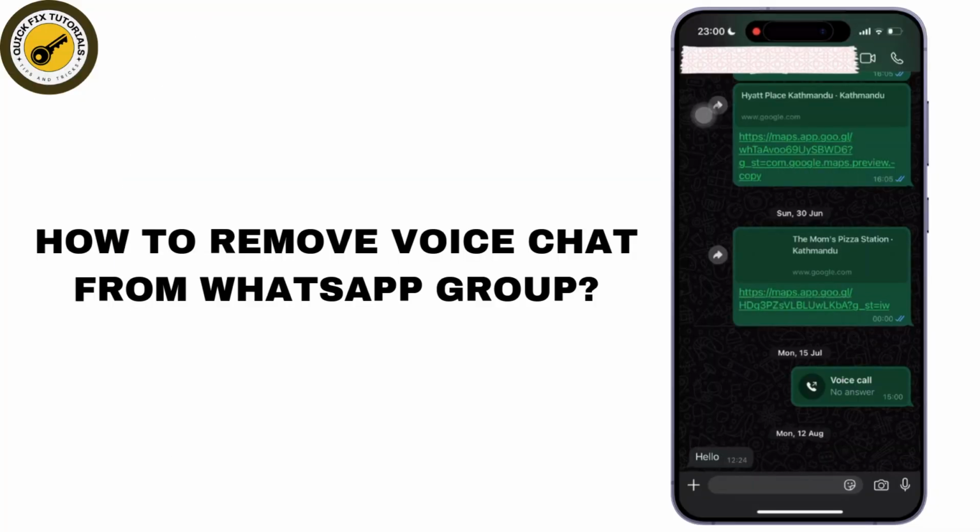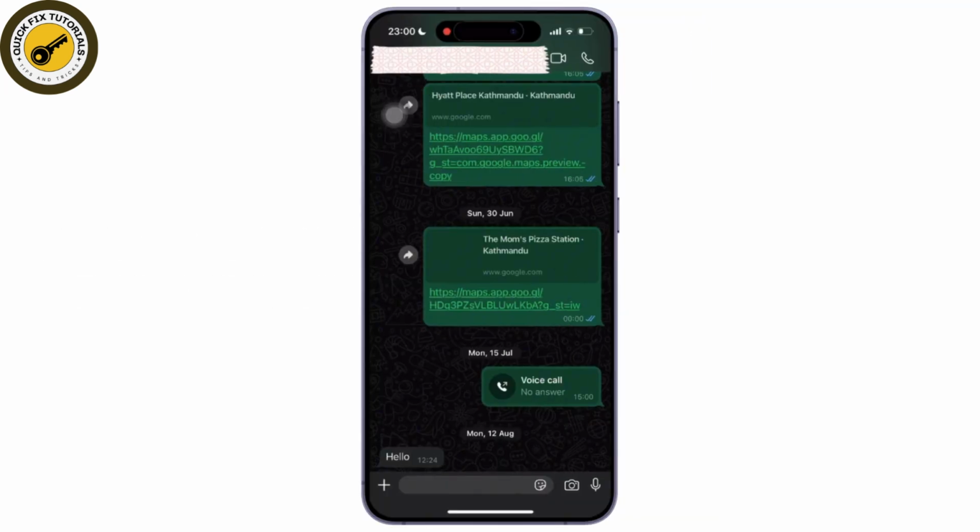How to remove voice chat on WhatsApp group. So let's get started. Basically, there isn't any built-in feature in WhatsApp to remove the voice chat directly on